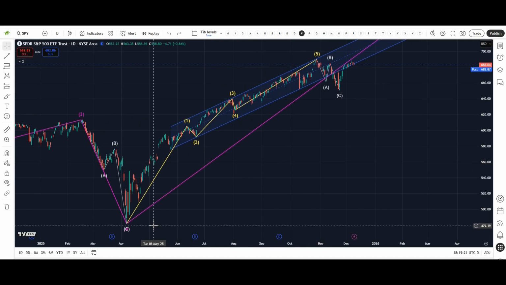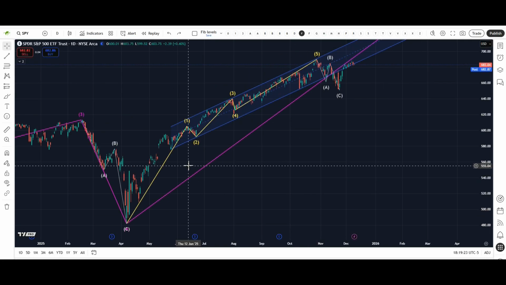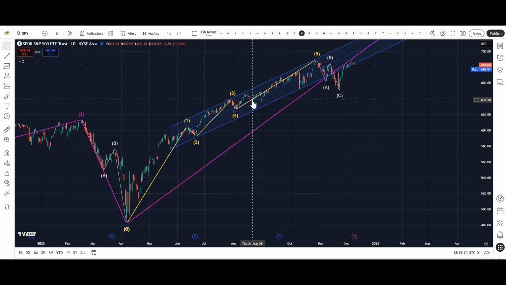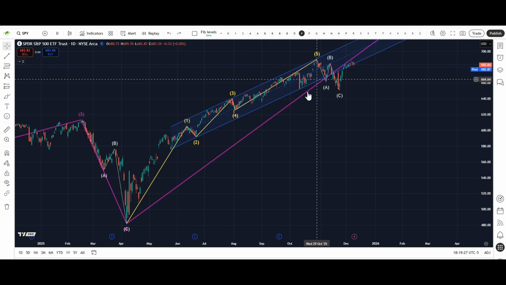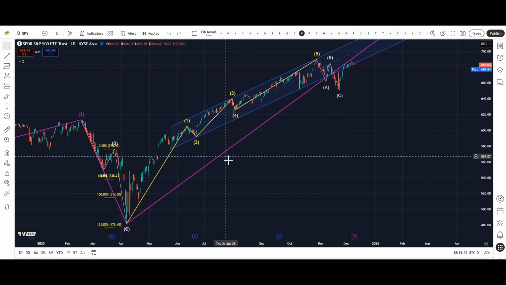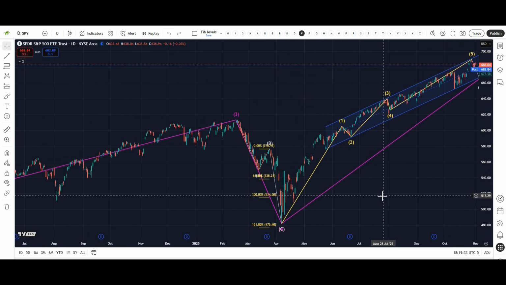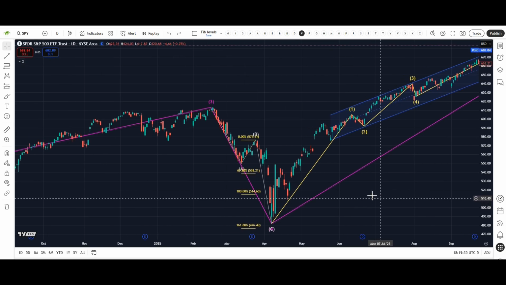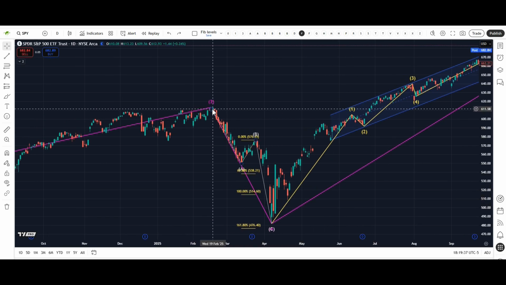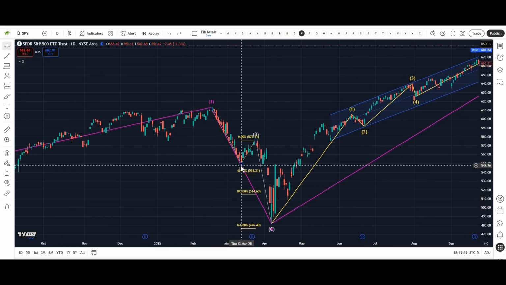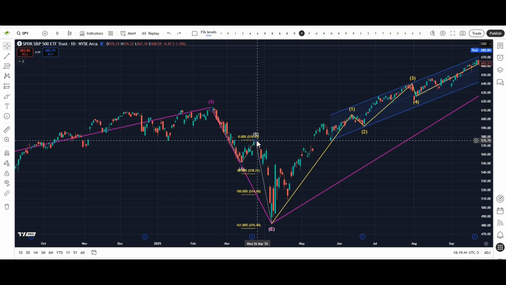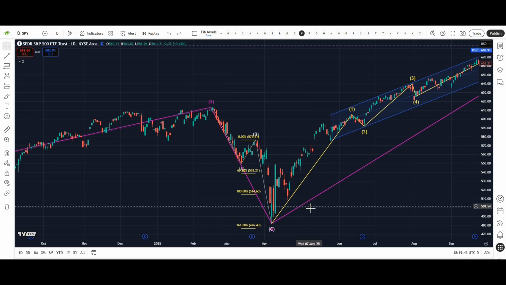Then we've identified an internal five wave pattern within the fifth wave that we're in at the moment. Then here we're drawing this Fibonacci level from the high to the low to the high of the ABC correction